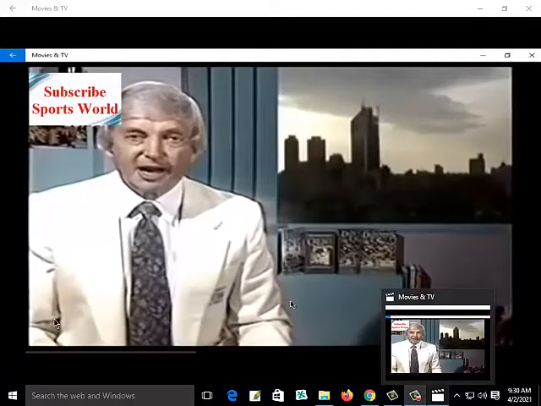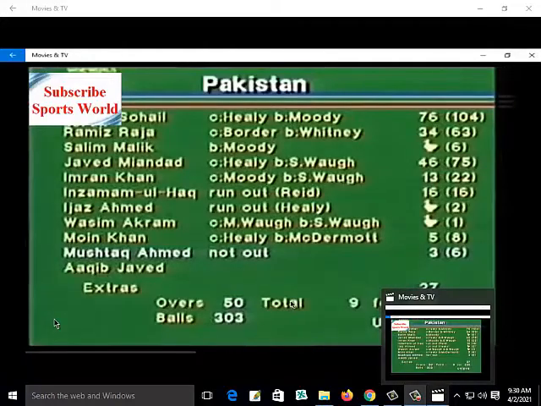Welcome back. That was a terrific performance from the Australians. They were in real trouble at one stage. It looked as though Pakistan might make 250, although at the halfway mark 235 seemed a more likely thing. Their final card shows what a terrific job Alan Border and his men did in the field and with the ball. 76 for Aamir Sohail, 34 for Ramiz Raja. They lost their way a little bit in the middle, Javed Miandad 46, and the main partnership was Sohail and Javed Miandad, 77 from 95 balls.